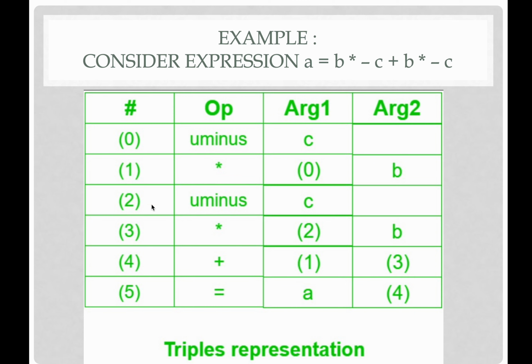So in this way finally the whole result, that is a, is assigned the whole column result. Here from column 4 we will get the result of the right side of the expression,